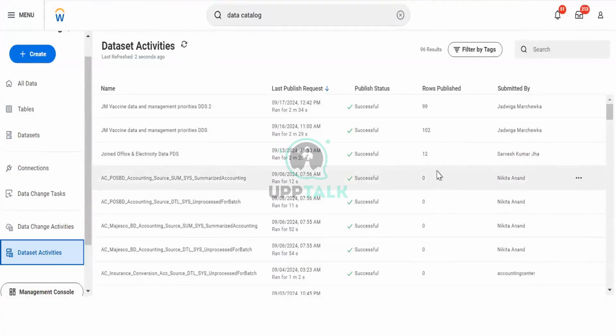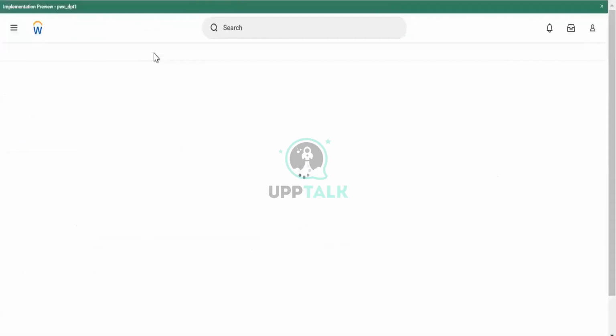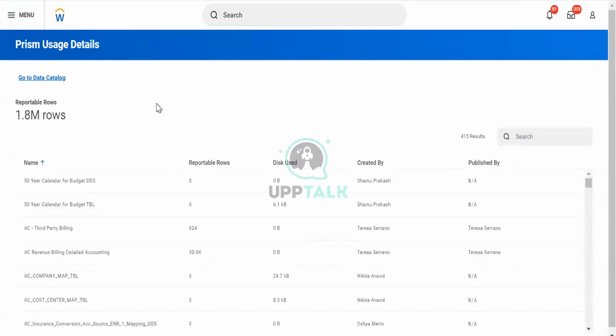Whether two lakh rows of data are being published or not, and this is Prism usage. In Prism usage, we are able to see how much memory is being used by Prism or how much loading capacity is being utilized by Prism. This matters a lot when we do the data clean activity, and a data clean activity is being done in the organization. We generally refer to this and we see that